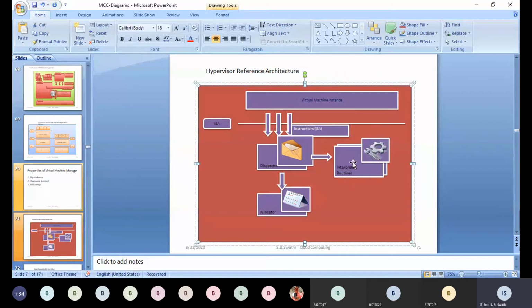So this is the architecture of the VMM or hypervisor, and we use the term hypervisor only for hardware virtualization. For the remaining types of virtualization, we never use the word hypervisor; we simply call it VMM.